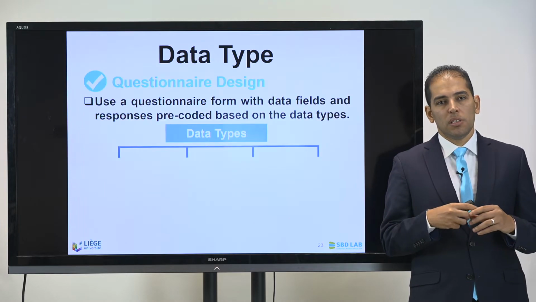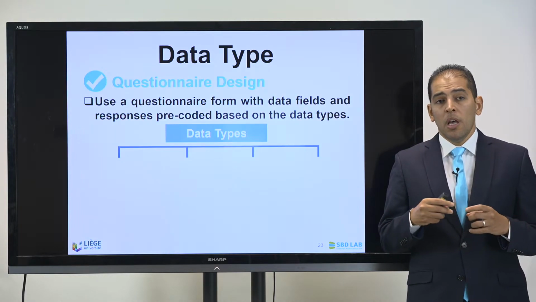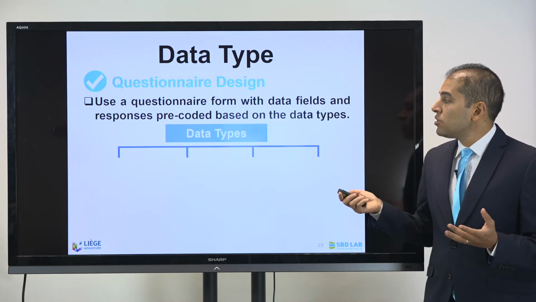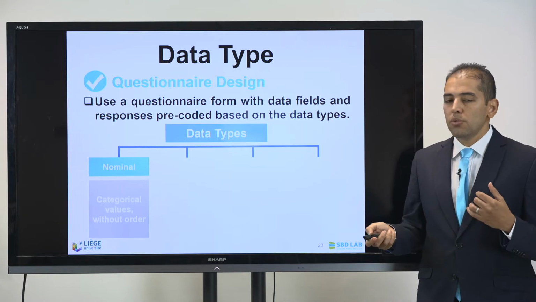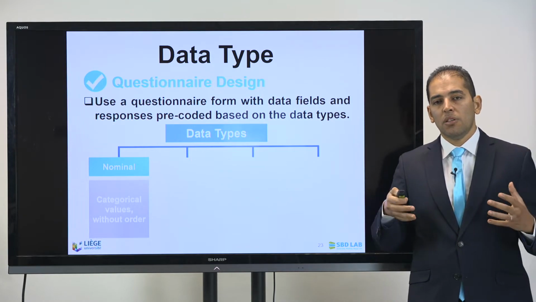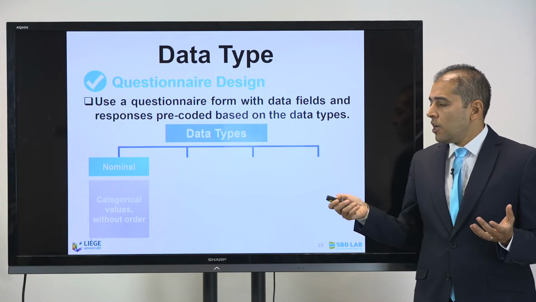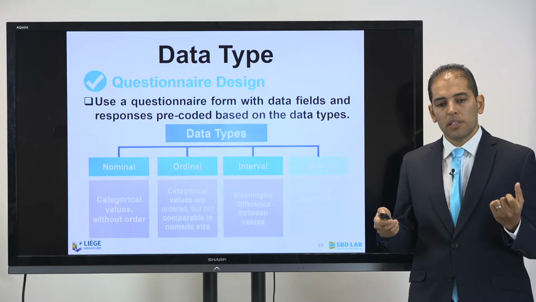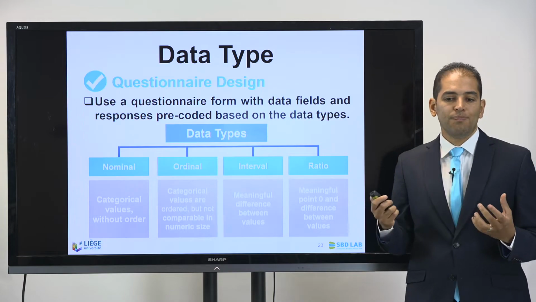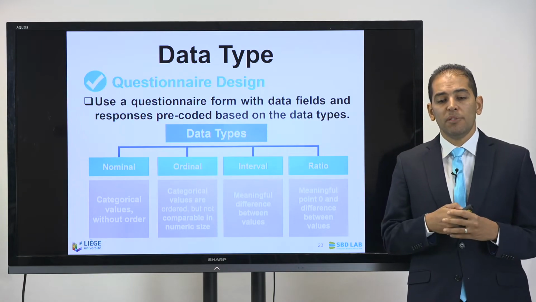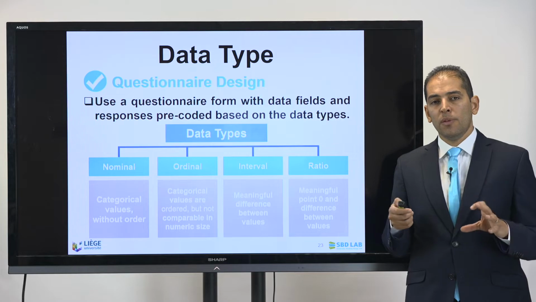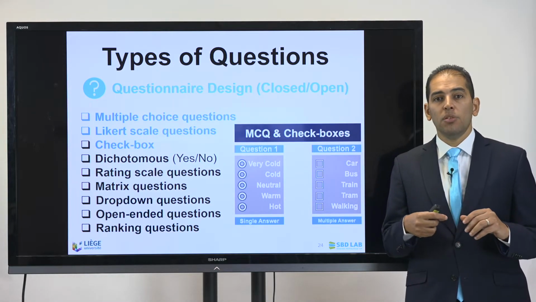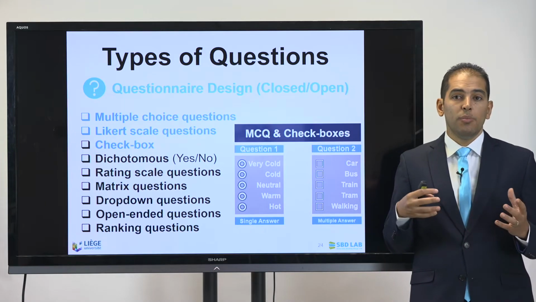So let's start with questionnaire and scaling. Use a questionnaire form with data fields and responses that are pre-coded based on the data types. So actually you need to define first from your responses and your questionnaire design: are you going to collect nominal data or ordinal data or interval data or ratio data? And we explained that in previous videos if you want to further detail, but it's very important to start with this step. And after defining your data type, you need to check if your questionnaire design will be closed or